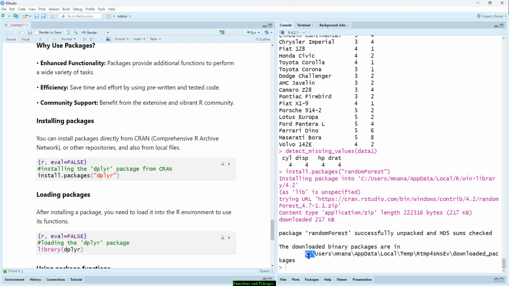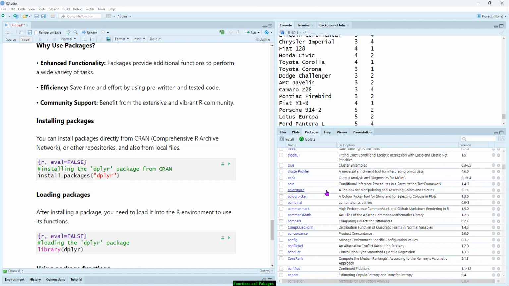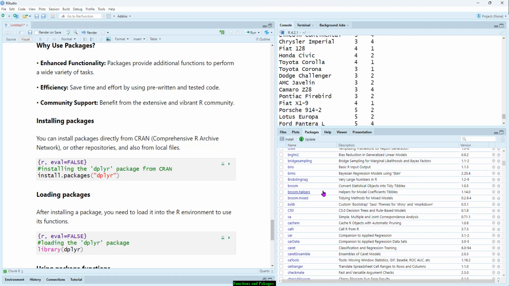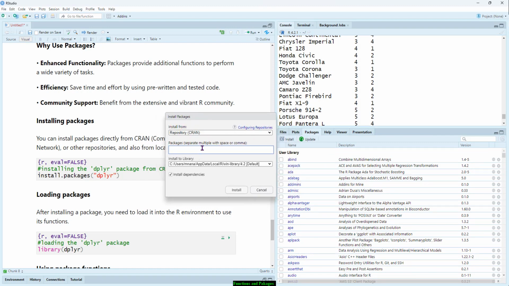This is the folder that stores the packages, right? Or you can go to this Packages tab and click on the Install button. If you click on the Packages tab here, you can see all the packages that you already installed. You can click on Install and type the package name, random